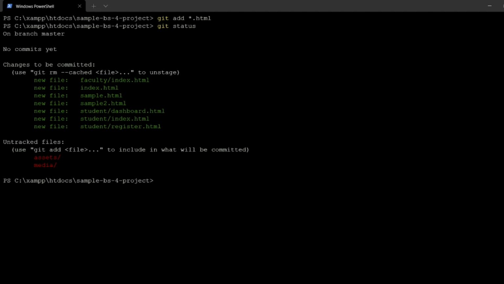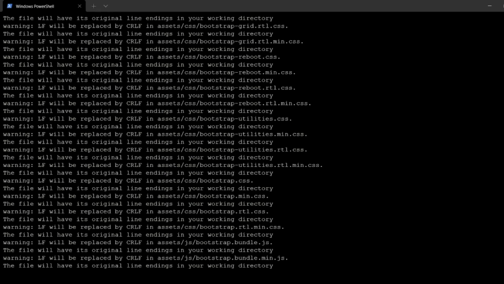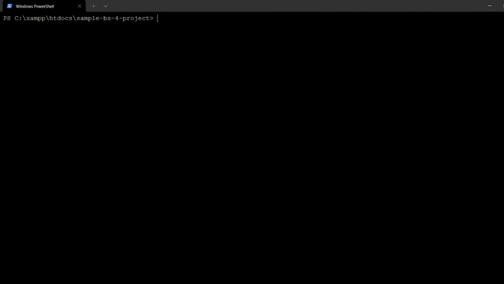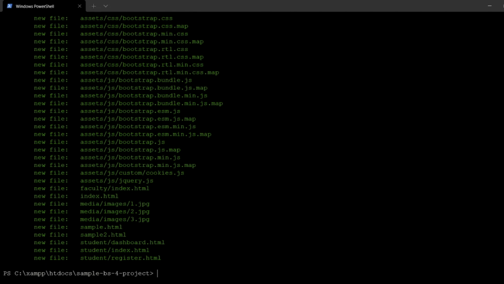I'll help you know commit better. You don't have to worry about anything. Suppose I have added these files. Let me do one thing. Let me add the entire directory. I'll add it like this: git add followed by a period. So this will add the entire directory inside my repository. Let me clear the screen and show you the git status. So you can see here my entire directory has been added.